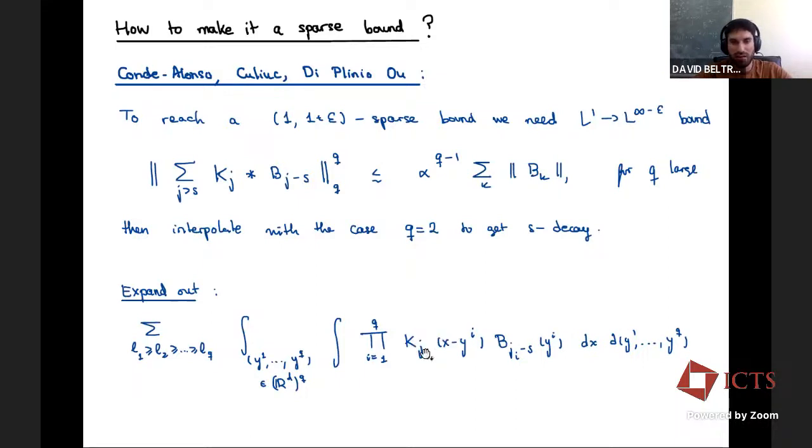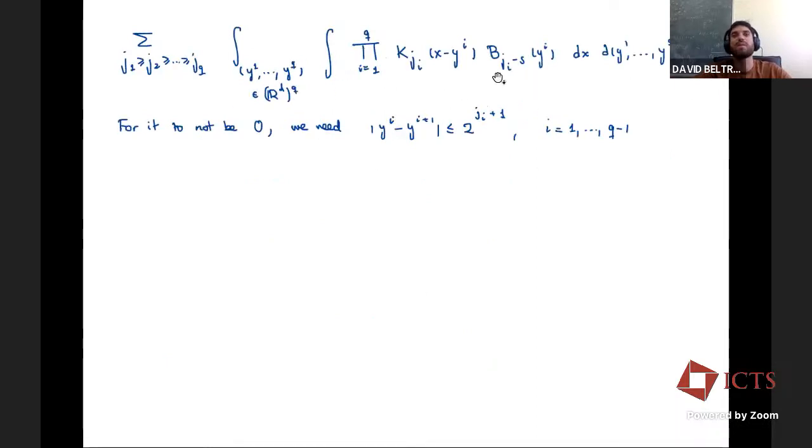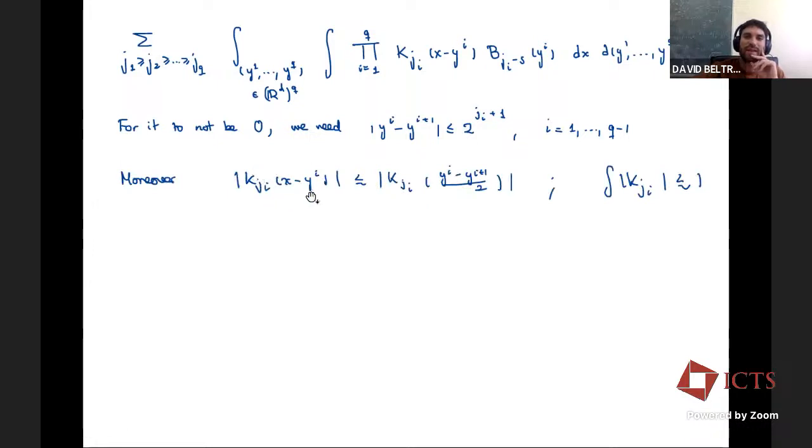And then, because these kernels are localized, in order for this to not be 0, there should exist an x such that x is close to this variable yi for the size of this kernel, and so on and so forth. So this is what I'm saying. In order for this not to be 0, we need that these points are all close to each other to some scale. So when we think of the kernel size estimate, where this is about 2 to the minus JD, this allows us to get rid of the point x and just put here the variables y's. And once we are there, we have already won, because then we can